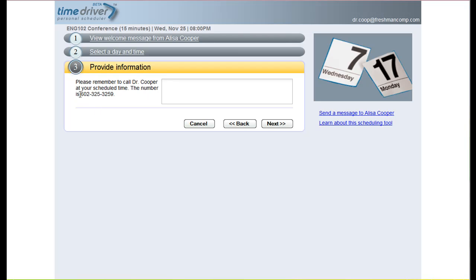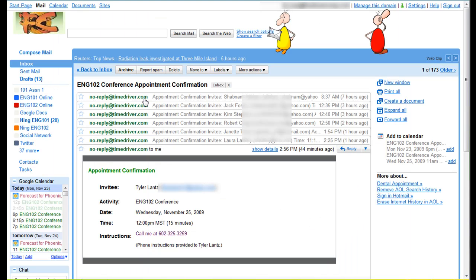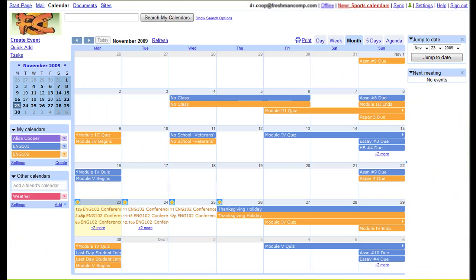Please remember to call Dr. Cooper. And then I'm using my Google Voice number so I can screen the calls. And then if they have a little message for me, for instance, it doesn't say anything about meeting in person, but if they want to, they can type in, can I meet you in person? And then you hit next, and then it gets scheduled. Now, that's not the best thing, because once it gets scheduled, I then get an email that shows that the student scheduled an appointment and at the time that they scheduled it for, and it automatically gets added to my